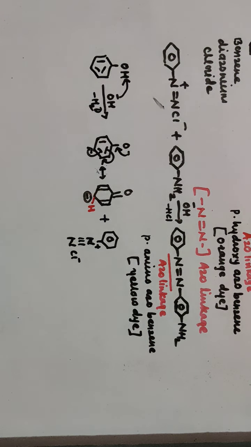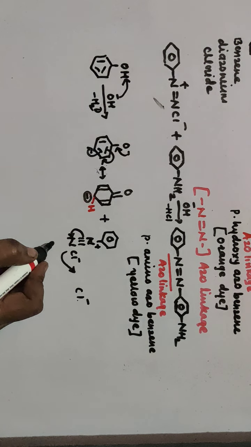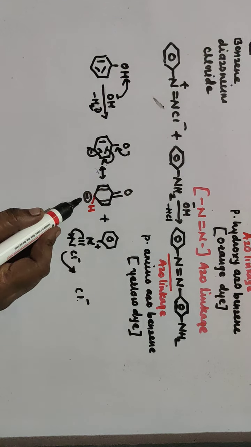The Cl minus and H come together to form HCl, and the next step is